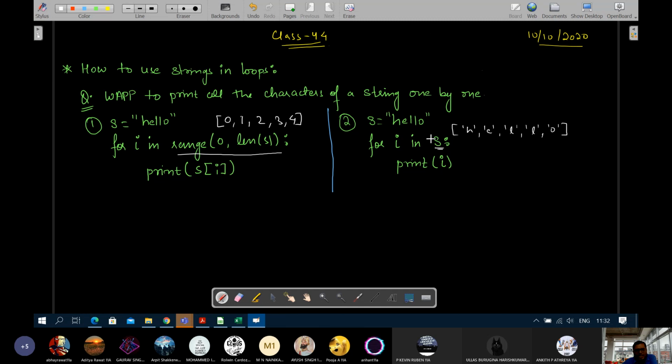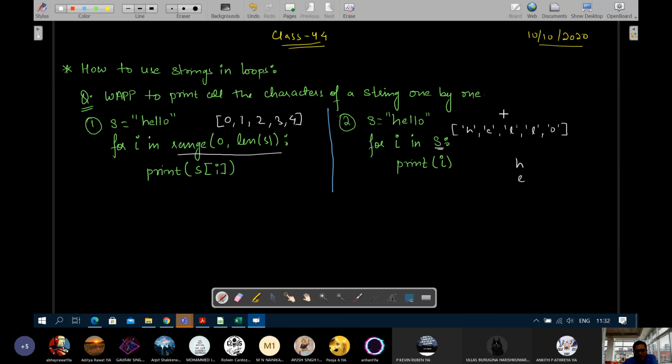Here, if you directly write a string, in that case, the list that will be generated inside for will contain the characters themselves one by one, starting from first to last. So the first time, I will get a string which will be the character H. It will come here, I will be H, H will be printed. Next time, the second value from the list will be picked up, which is the single character E, and that will go inside the variable identified by I. Then you print I, E.